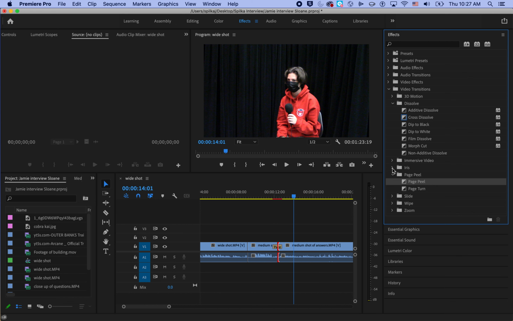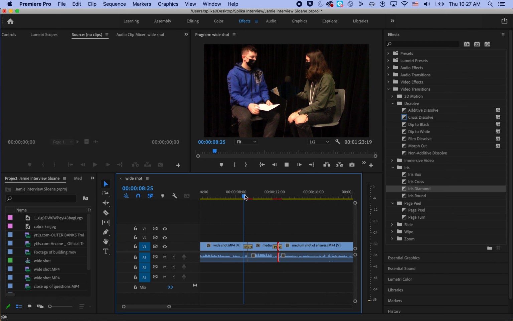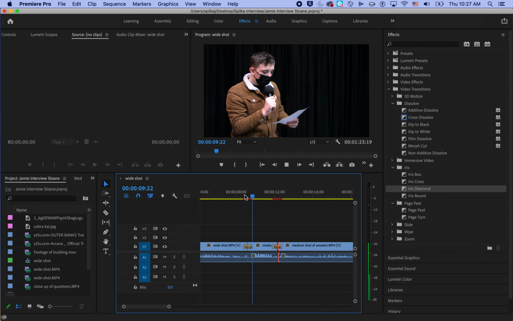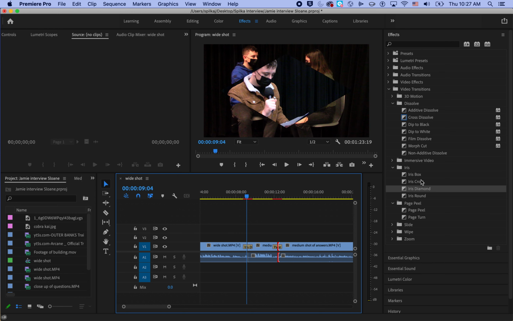Most of the time, just taking them and dragging them in between the clips and then playing it will show you what they do. Okay, so that one was the diamond. There's also cross, box. So if I wanted to actually go in and modify this transition or extend it or